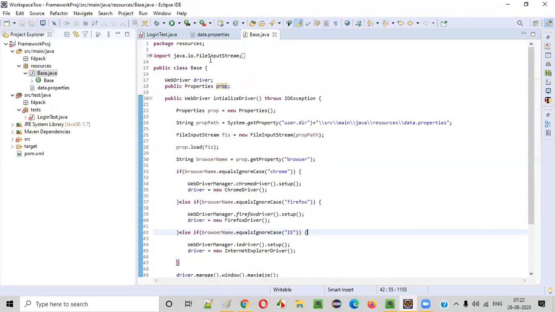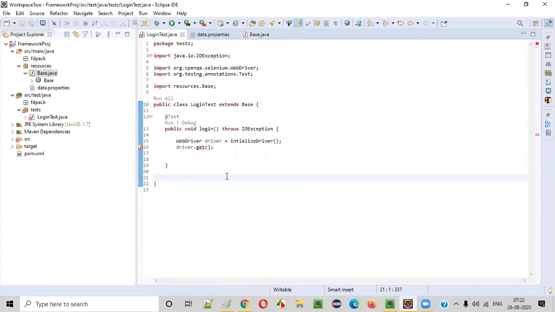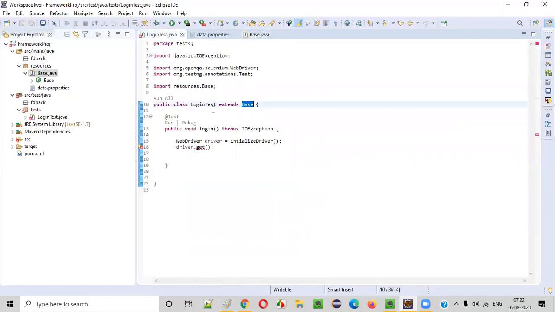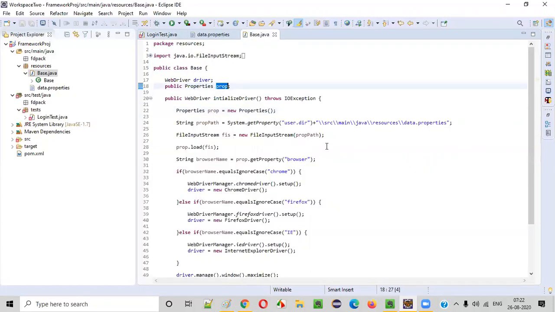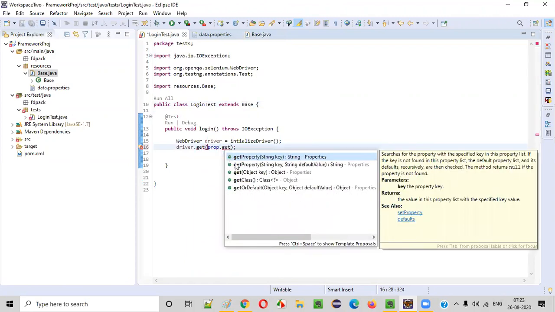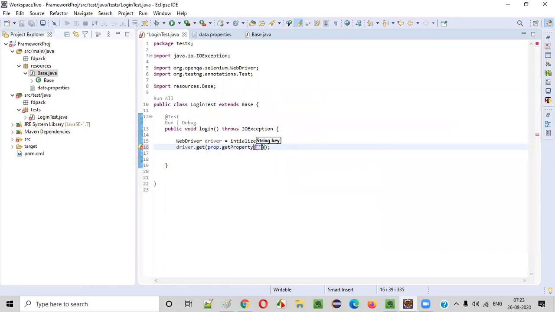Now when you make this public, you can access it here in the login test. Since this login test is extending the base class, the variables and methods are part of the child classes. So you can simply use this prop in the child classes. I will say prop.getProperty.